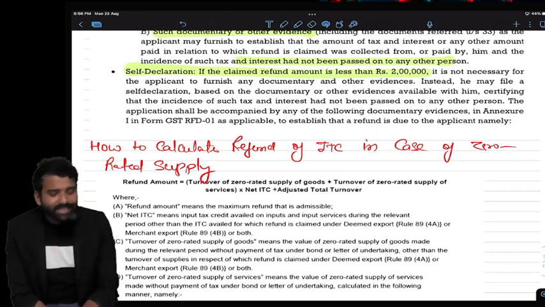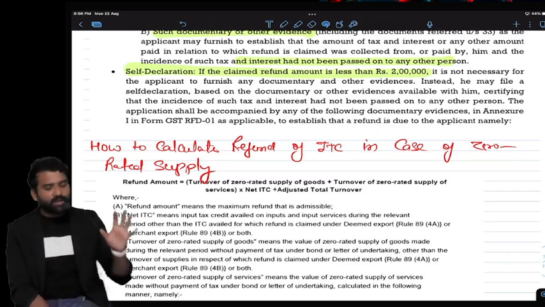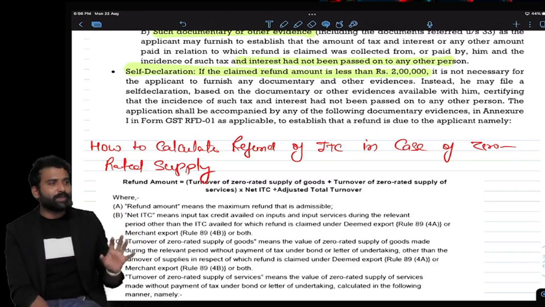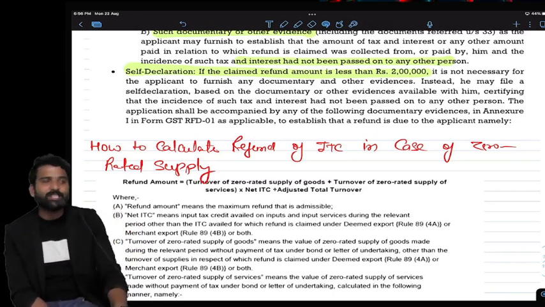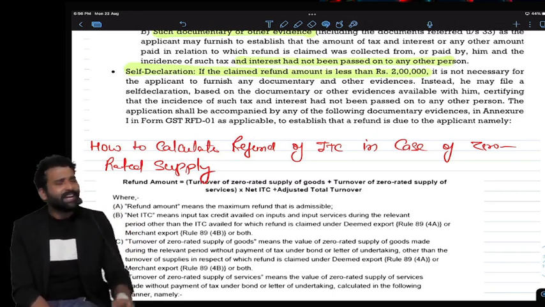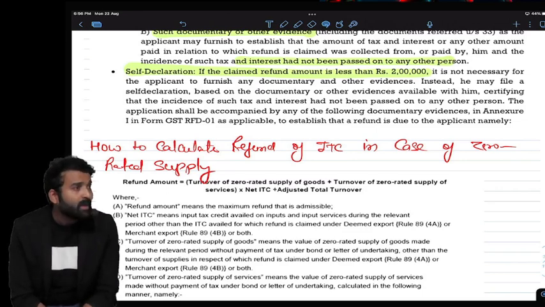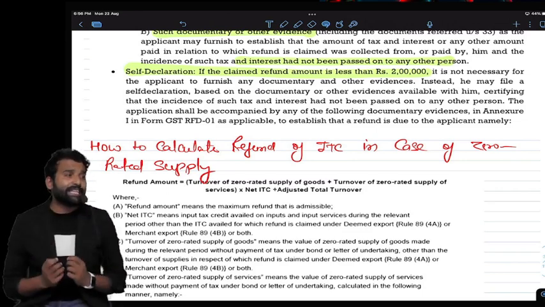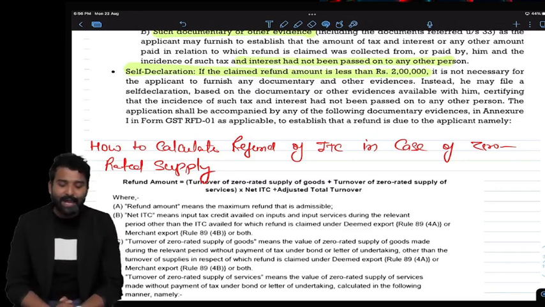Yeah, 1000 rupees. Minimum refund to be claimed is 1000 rupees. If less than 1000 rupees, you are not eligible for refund. It's a minimum refund amount. Okay. Now, again, one important thing they might ask you in the exam, sir, how to calculate the refund of